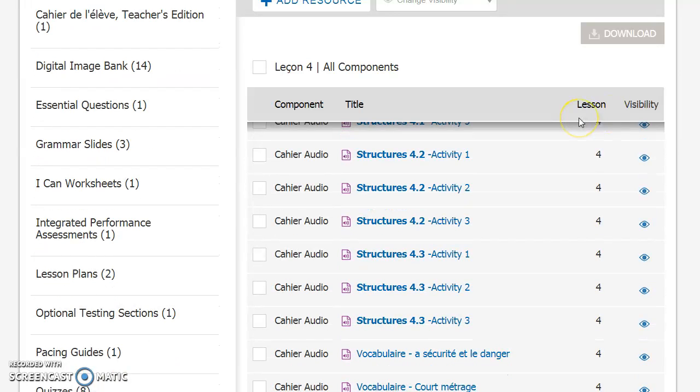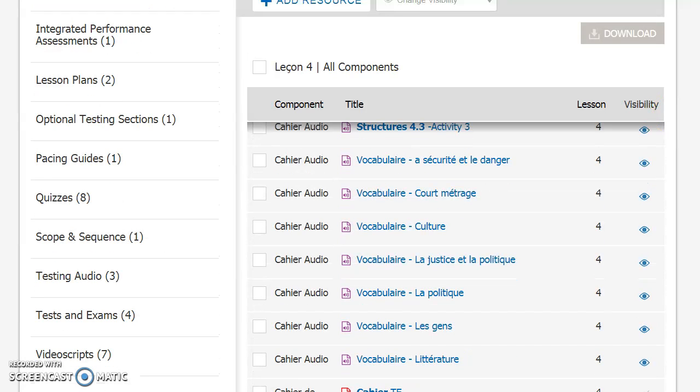There's a nice integrated performance assessment, which are integrated activities engaging students' receptive, productive, and interactive skills simultaneously. And then at the bottom of the list, we see all of our formative and summative assessments. You also have an optional testing section, which I believe is for the cultural content as well as the short